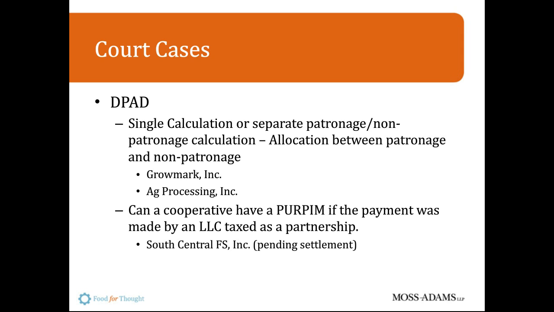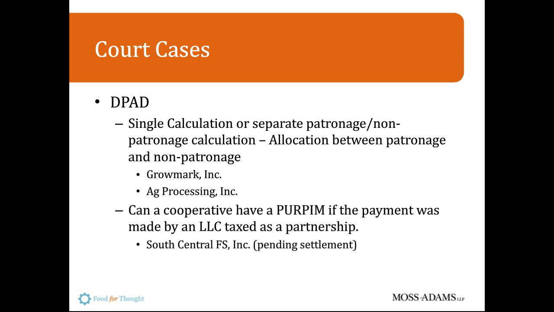And then the allocation of the deduction towards non-patronage, again, is one that does not hold a whole lot of weight. Farm Service was a court case that dealt with actual economic deductions or losses and basically decided that the co-op could not apply those patronage losses towards non-patronage income. But DPAD is not an economic deduction. It's never going to get turned to cash. It doesn't result from writing a check to somebody. It is purely by the grace of Congress that this deduction is allowed. And it's more akin to a credit.